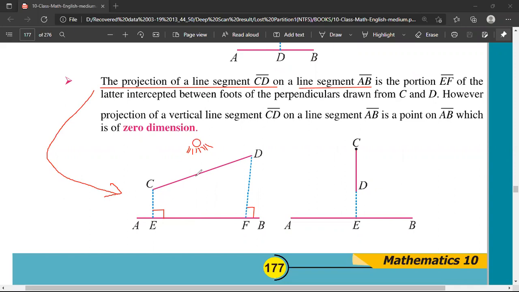Now, another important definition is about the projection of a vertical line. The point is this: if you keep on making this line vertical instead of horizontal, if you pull this point D, pull this point C in such a way that C becomes above and D becomes right below. So if you make CD a vertical line instead of an inclined line, then you will notice that if you have any source of light right here, as I told you earlier,